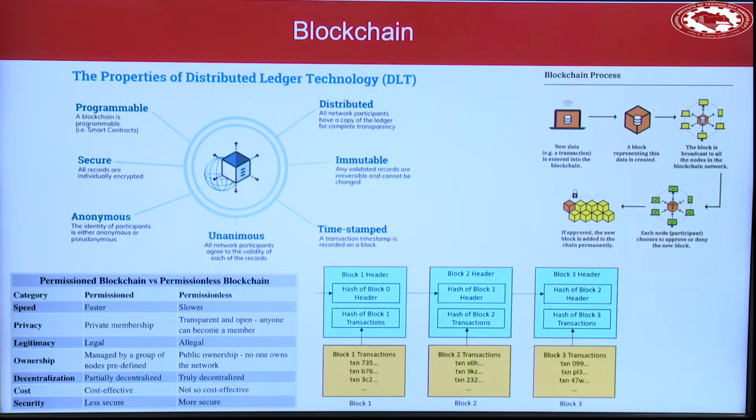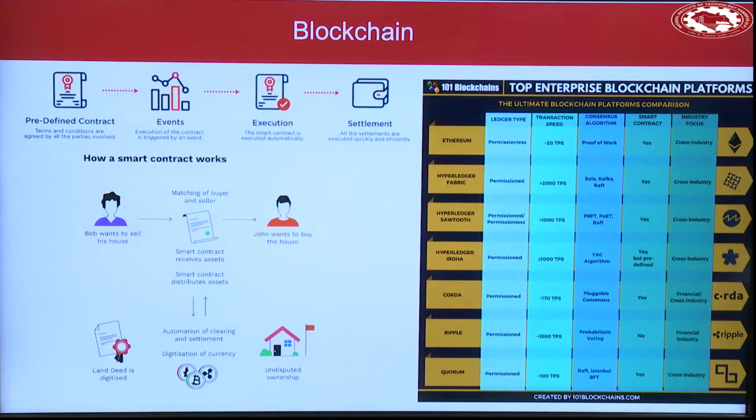Now we have a variety of blockchain technologies nowadays. Something called a public blockchain, and a private blockchain. Public blockchain means anyone can be part of it. Private blockchain, only specific people can be part of it. There are also something called miners in this. As I said, it's a distributed ledger. No one can control it centrally.